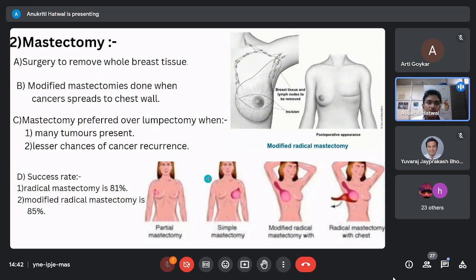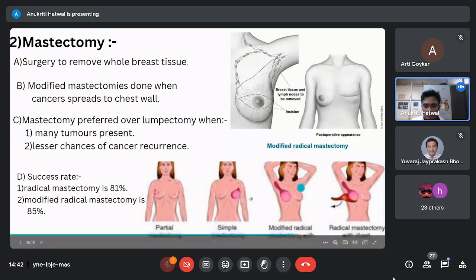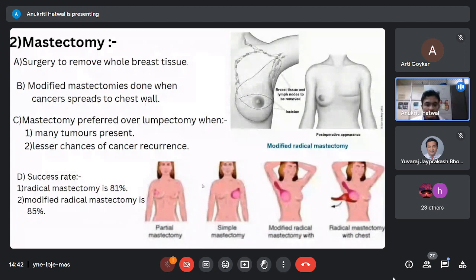There are different types of mastectomy, which are shown in the diagram given below, which includes the simple mastectomy, the modified radical mastectomy, and the radical mastectomy. The modified mastectomies are performed when the cancer has spread to the chest wall. In the radical mastectomy, the surgeon removes the breast tissue, fat, the pectoralis major muscle present in the chest, and the